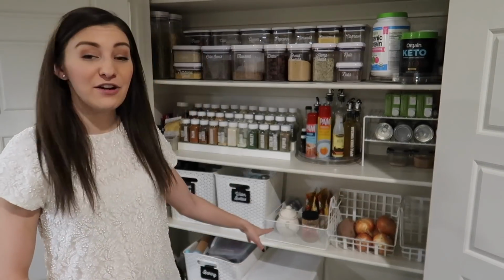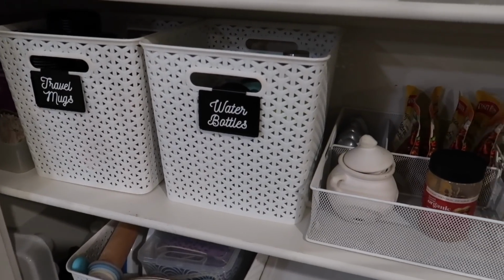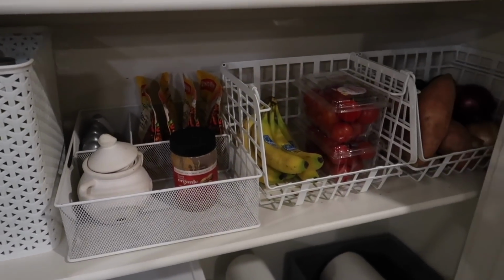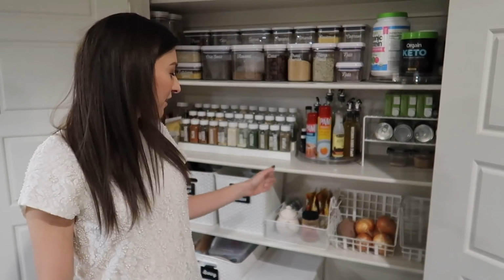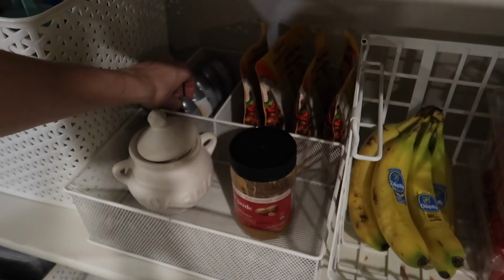The next container that I have, I have no idea where I got it from. I will try and find a link to it if I can. It is something that I've had probably since I was in college, and I try and repurpose any organizing supplies that I have so I don't have to go out and buy new things. Organizing products can be expensive, so this works great in my pantry. It has my garlic keeper. Right now it has peanut butter in it, some lentils in the back, and then we just have a few